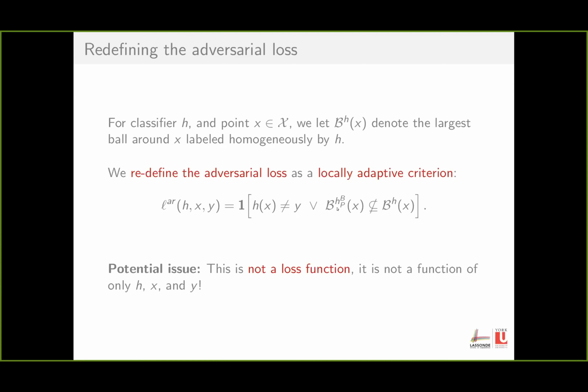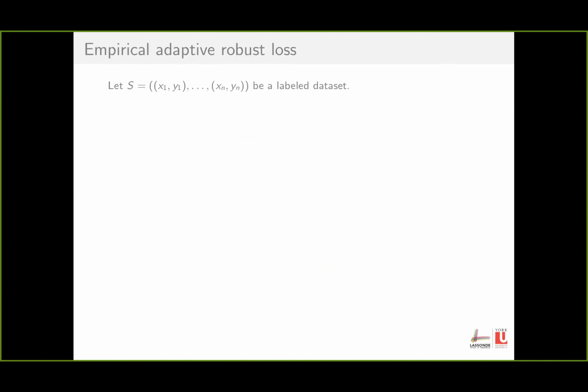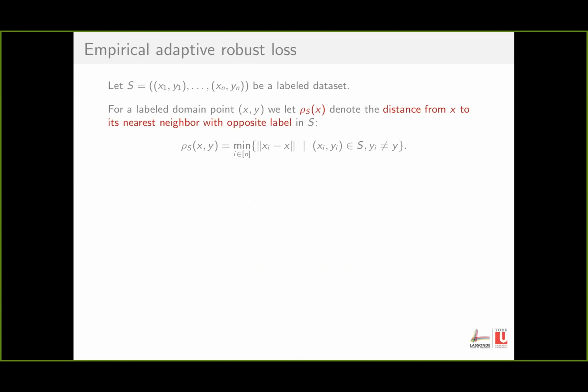So one could say, well, on one example (x, y) and one predictor, we actually don't know what this loss would be. But on a data set, we can have a very natural version of this loss, right? If we are given a training sample, we can use this loss function on the uniform distribution over the training points.